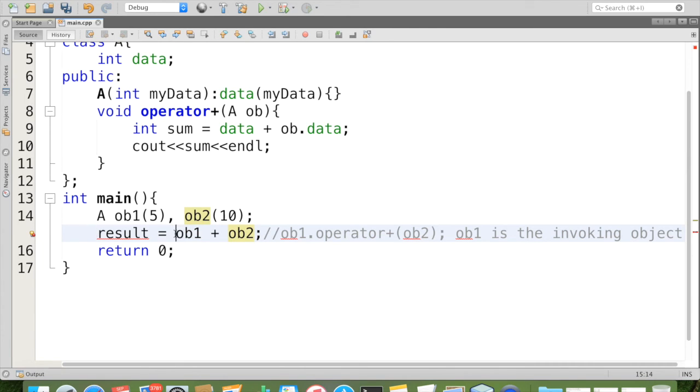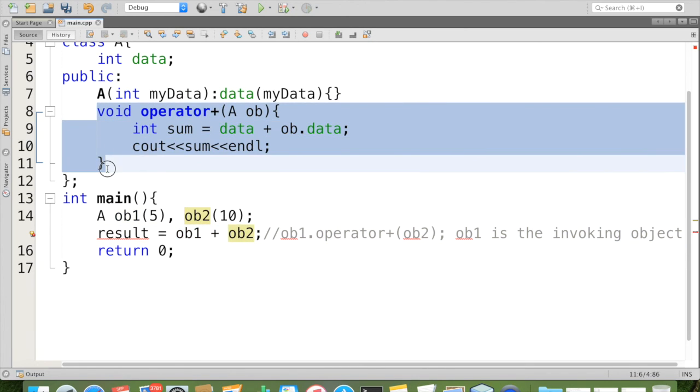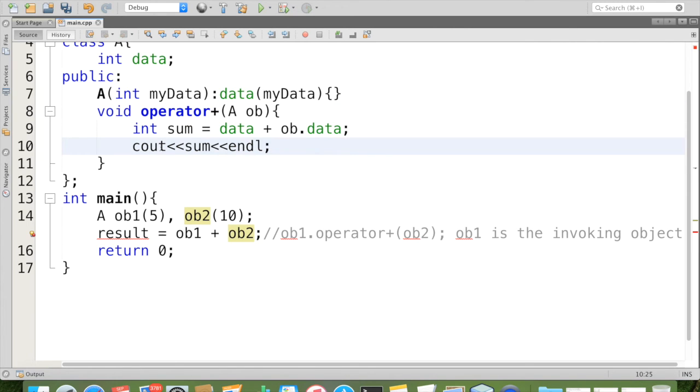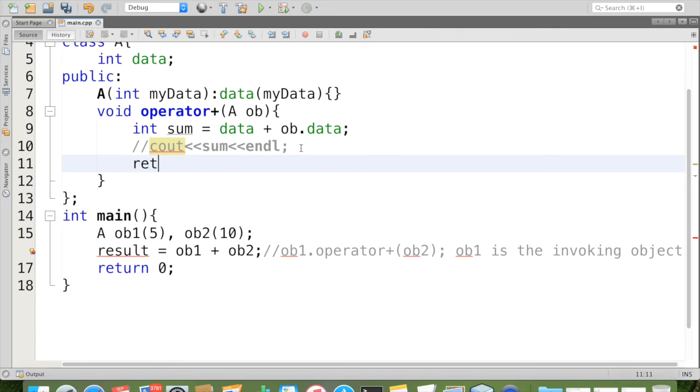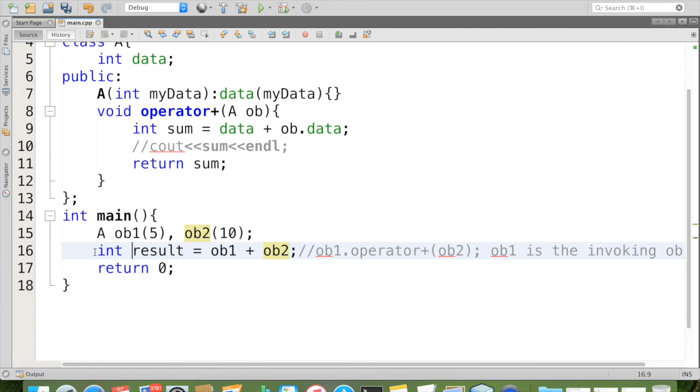You know that when this expression is executed, this method will be executed. So rather than displaying sum here, we can return this sum, so that sum will be assigned to result. So result must be an integer. Hope that you are able to follow me. So OB1 plus OB2 is returning the sum.